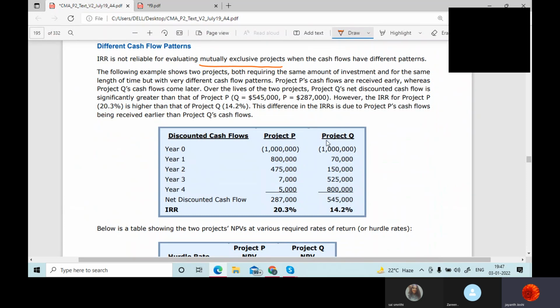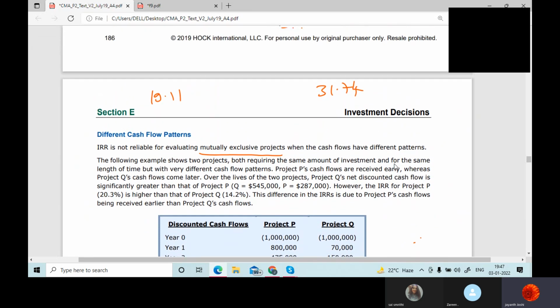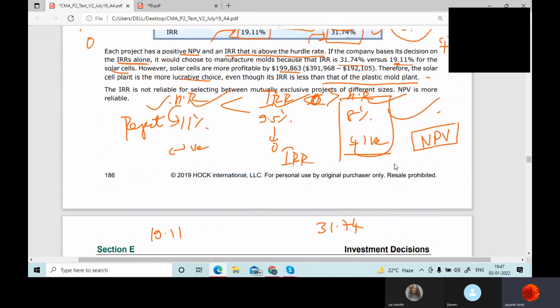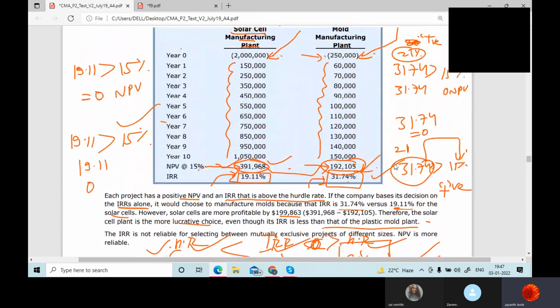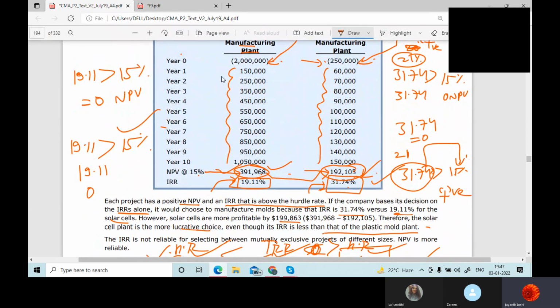Because even a project with a smaller size is having a higher IRR. Here you can see very small investment, and here it's a massive investment. Very small investment, a very good IRR. Very big investment, a very low IRR. It can happen. I'm not saying that this is not a possibility at all, but when I have to pick